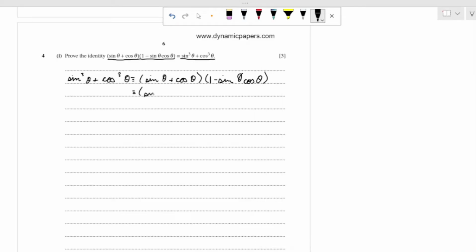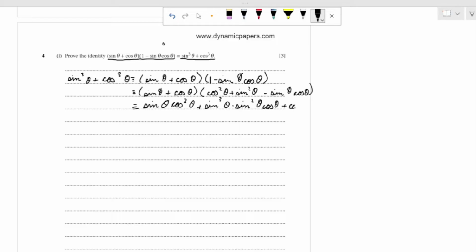So when we rewrite this, we will get sine theta plus cos theta, then cos square theta plus sine square theta, because we replaced the 1, minus sine theta and cos theta. And now we open the brackets. Make sure you do this step carefully, because if this step is messed up, you won't be able to equate both of them properly. So after opening the brackets, we will get sine theta multiplied with cos square theta plus sine cube theta minus sine square theta into cos theta